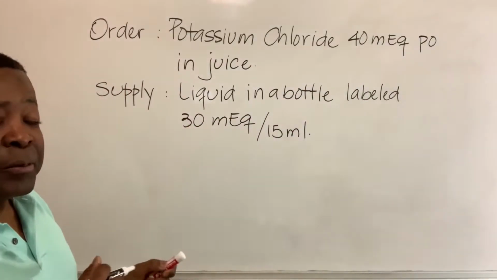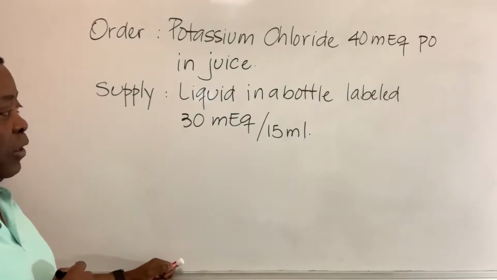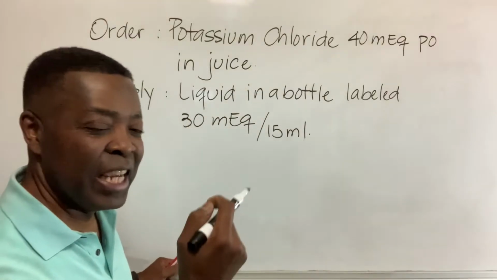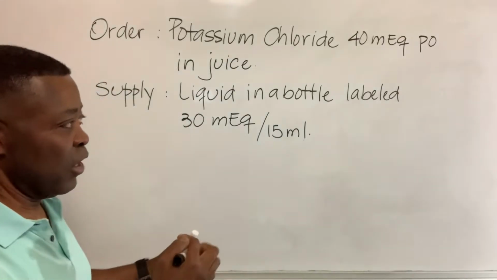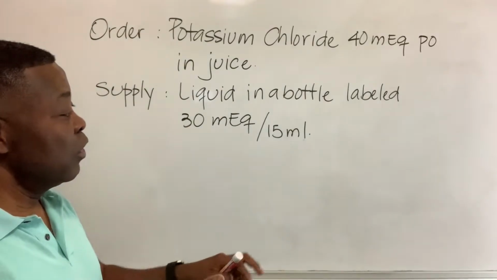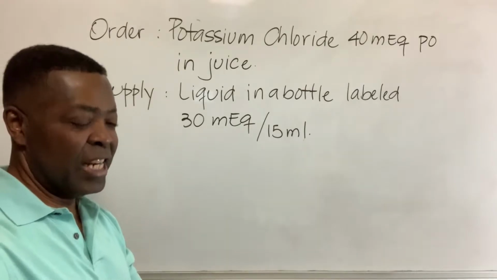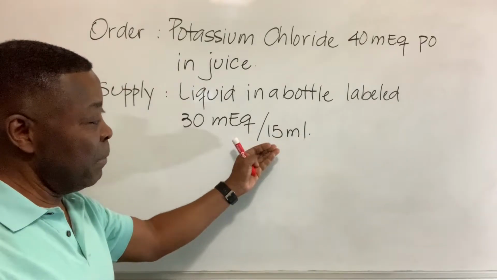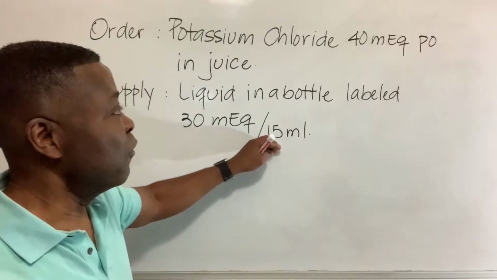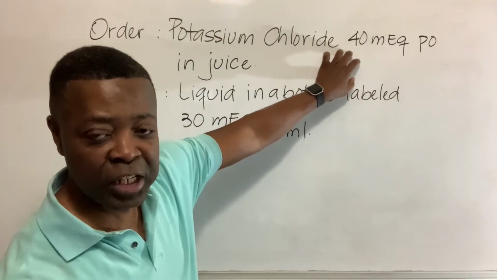In this problem, how do you know what unit you're gonna end up with in your answer? When you administer the medication, you cannot see the milliequivalent. So there's no way you say, oh, this is 20 milliequivalent, this is 10. What you do know is the ml, the milliliter. When you measure the medication, you measure the milliliter. So this problem implicitly is asking you how many milliliter of medication you're gonna administer, given your order is 40